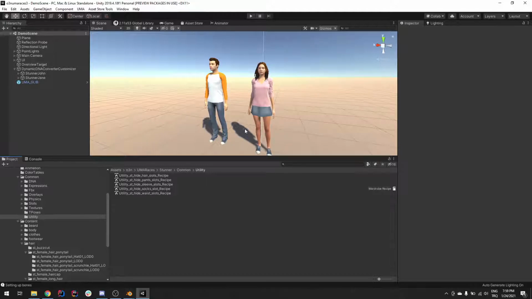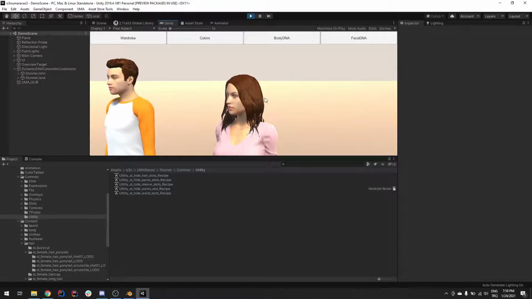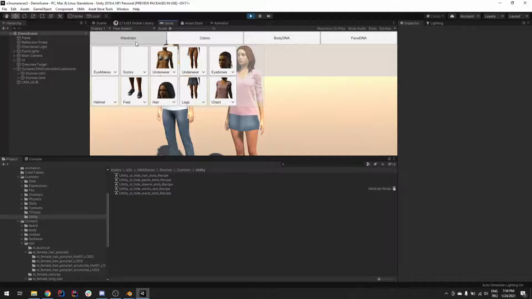So let me start the scene and show you what I'm talking about. So you see, there are these base meshes of the hair now, and there are also other versions of these meshes, and I'm designating them by tags. So in this recipe, the hair recipe, there are actually two slots now, and there will probably be more in the future. And this one is when you don't wear a hat,